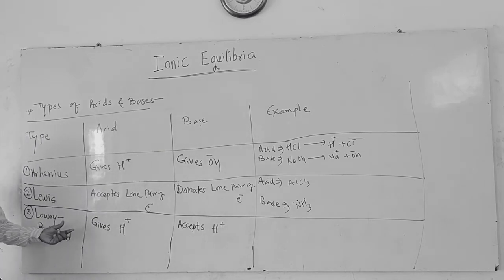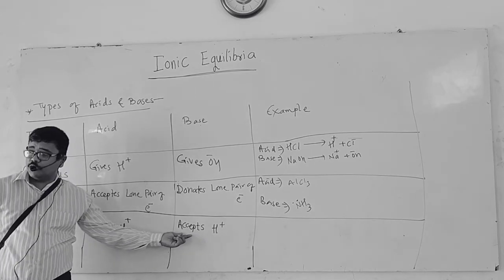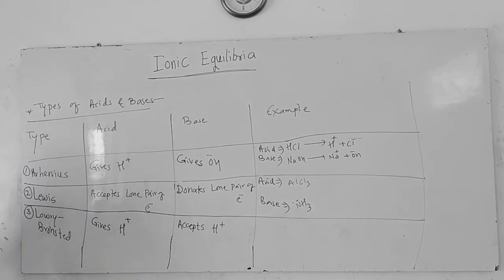See, the substance which gives H plus is acid, and the substance which accepts H plus will be base, Lowry Bronsted base. For example,